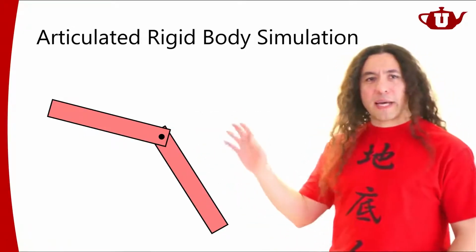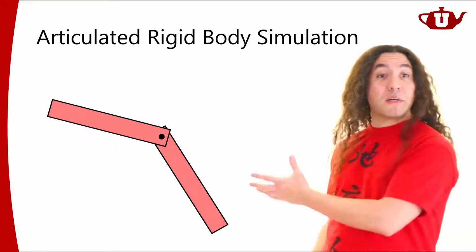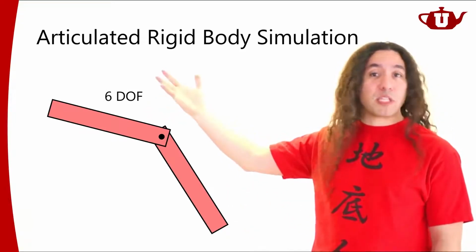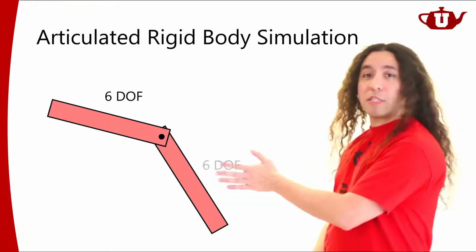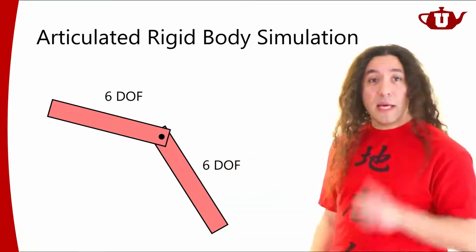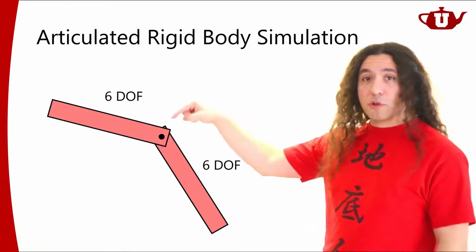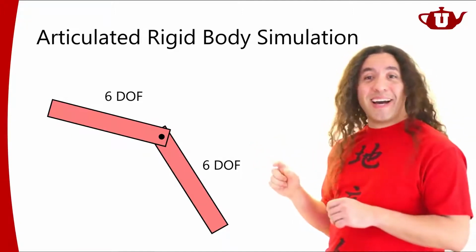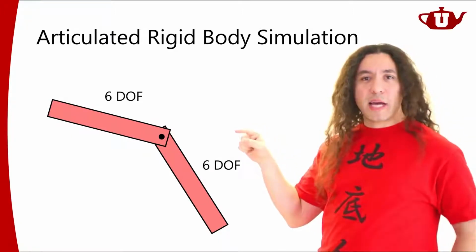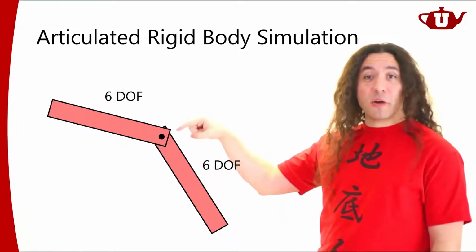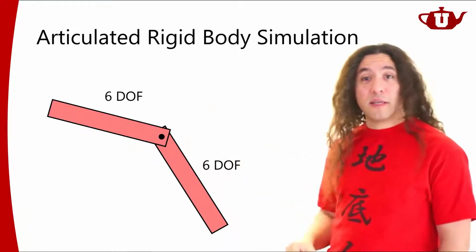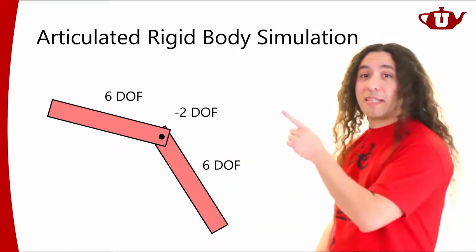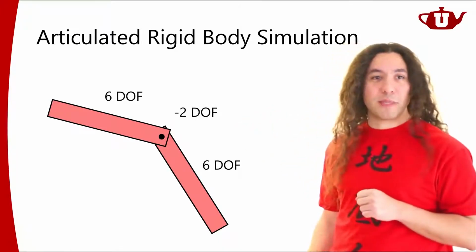So if we look at this system, let's try to count the degrees of freedom of this system. Now I have a rigid body here that has 6 degrees of freedom, just like any other rigid body, right? And I have another rigid body here that should also have 6 degrees of freedom. But I also have some joint constraints here. Now the joint constraints will not permit rotations around certain angles. It's only going to permit rotations around one direction. So 2 of these rotation directions will not be permitted. That means it's sort of removing 2 degrees of freedom from the system, right?